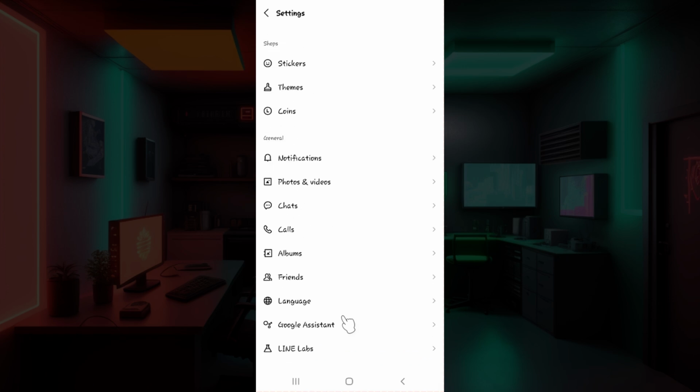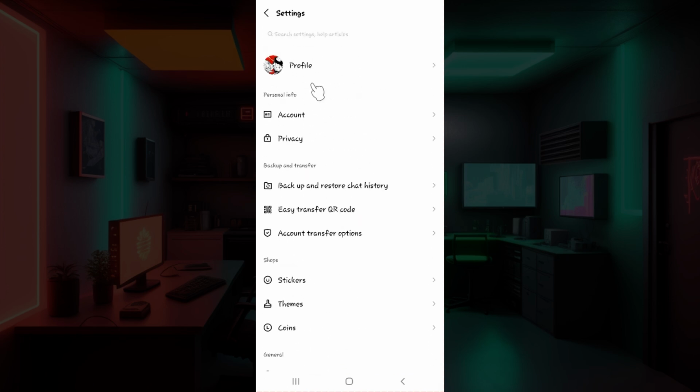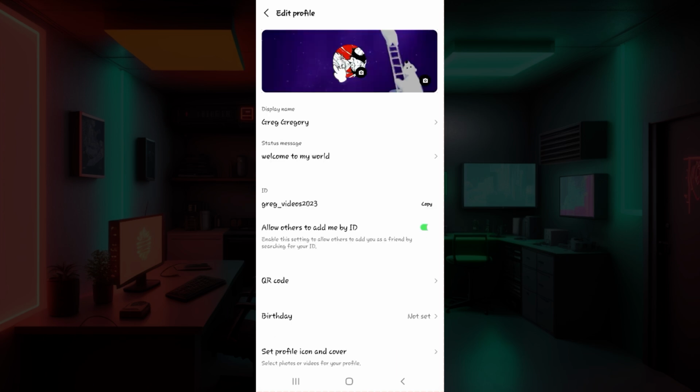Well, as you guys can see, there are lots of options, but right now all you guys need to do is focus on this button right here called Profile. Click on it. And guys, this is it. From here, do note that you can simply add the cover photo by clicking on this camera icon associated with